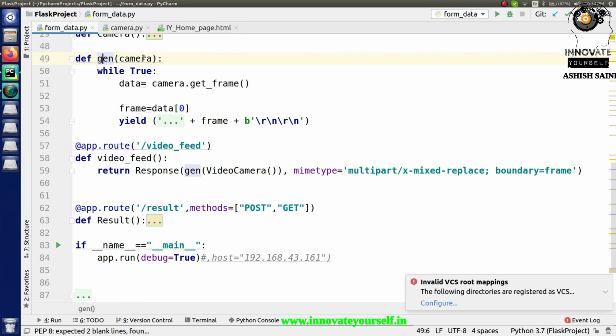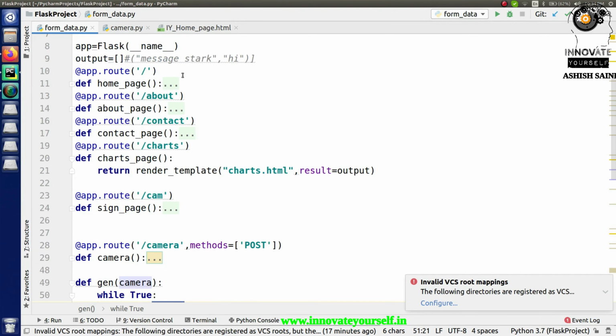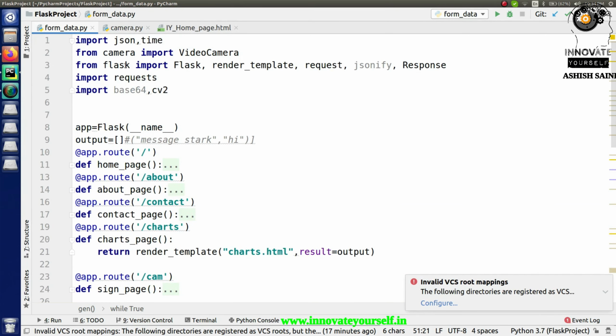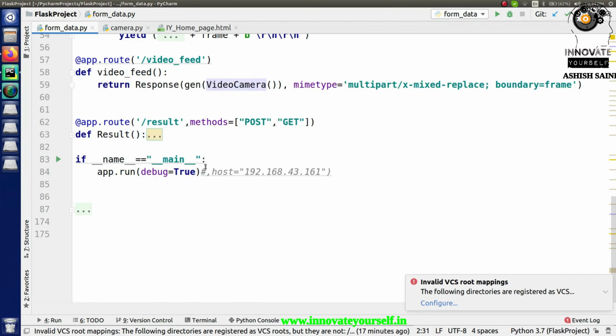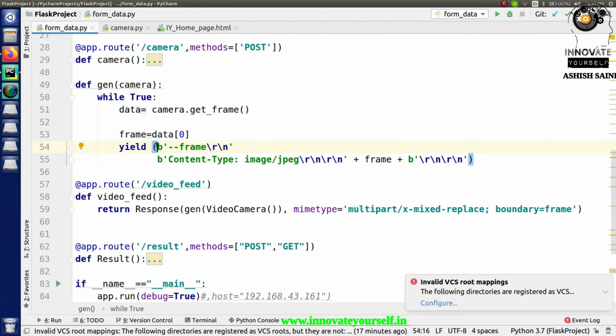So in here what exactly I'm doing is I'm just running the camera, and from that camera I'm going to collect the frames, and this camera is the same script which we have just created, right? And from here, to collect that part, I have just called this over here, so I can call it accordingly. So when I'm having this part over here, after that you need to collect the frames, and that frame needs to be sent back, right?